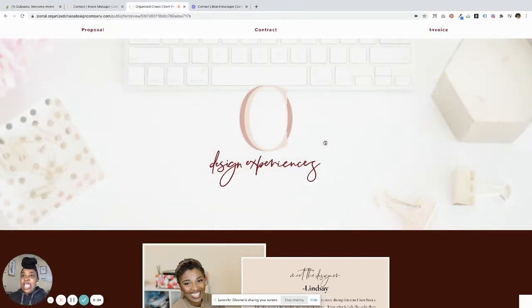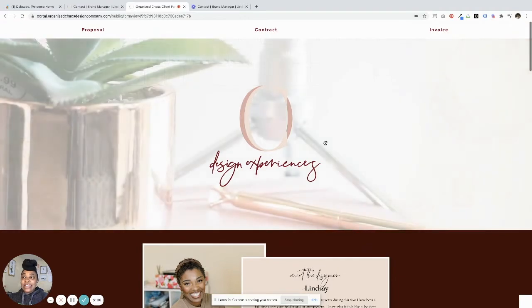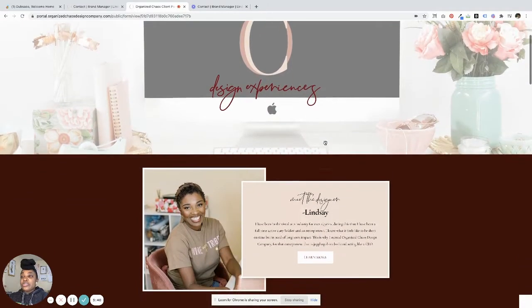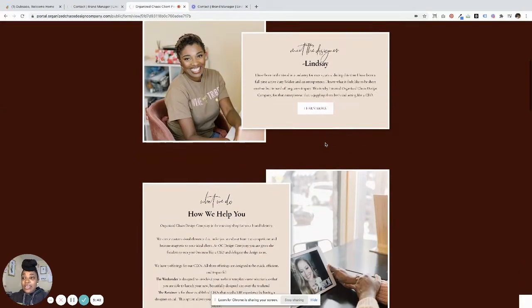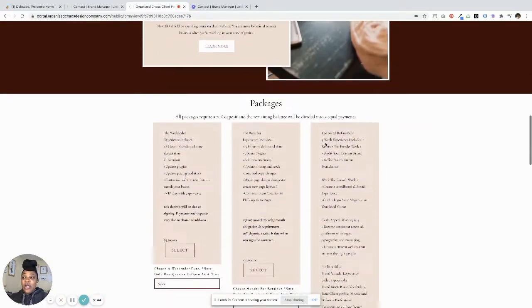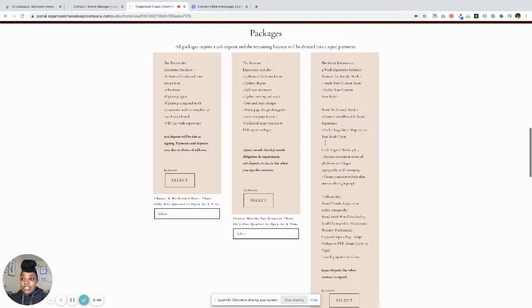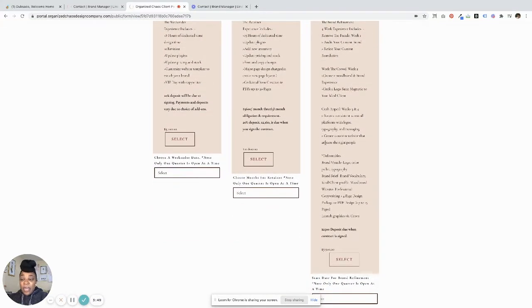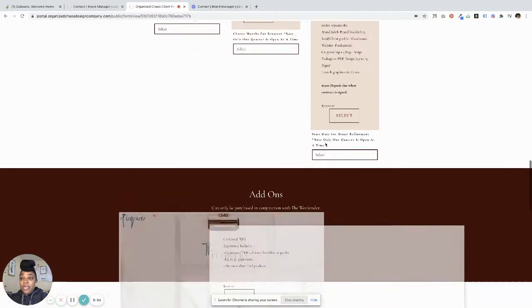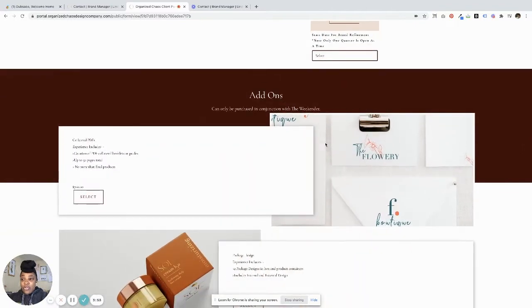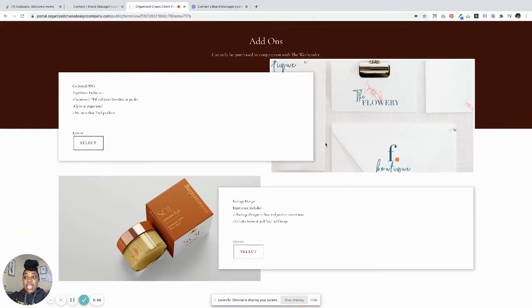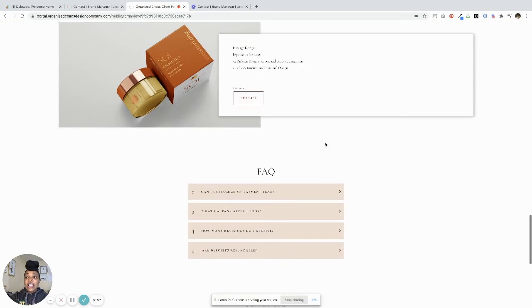So this is a Dubsado form, and it makes it easy for clients. What they do is they get a little information about me, how I help, what my packages are. They can select what package they would like to have, little add-ons, whether it's collateral PDF, package design, some frequently